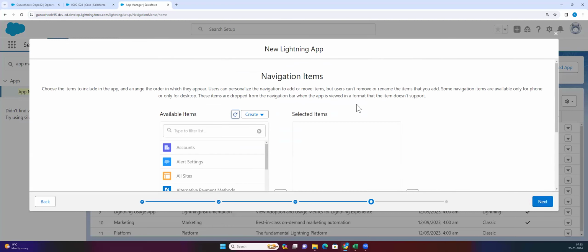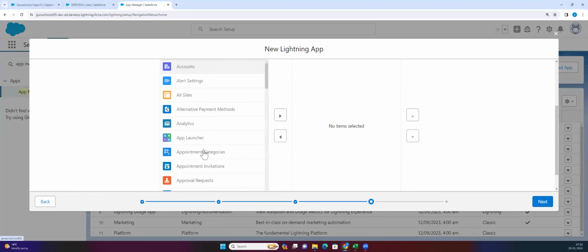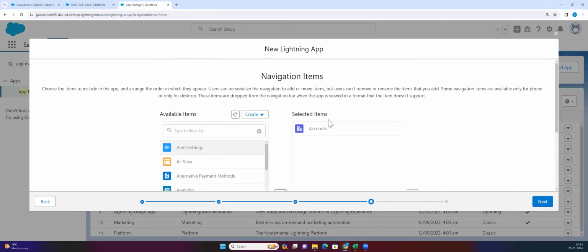Okay. Now this is the navigation item where you can add objects in your application. Okay, so the object which I am going to add is the account object tab. Only this one, not any other object tab. I will add only the account object tab. So what I did is